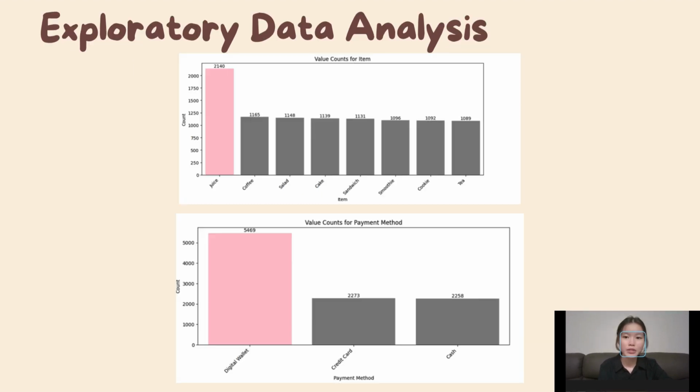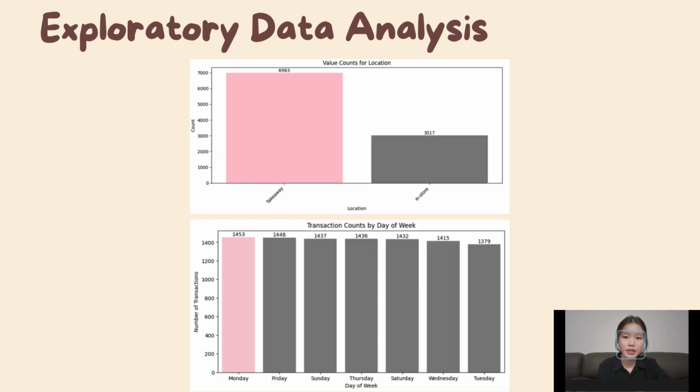The pie plot here shows that juice is the top selling item, indicating potential for expanding offerings, bundling with lower selling items, and running cross promotions. Digital wallets are the most preferred payment method, highlighting an opportunity to offer exclusive discounts or cashback to boost usage and streamline transactions. So the first figure here shows that takeaway orders account for 70% of sales, suggesting a strong